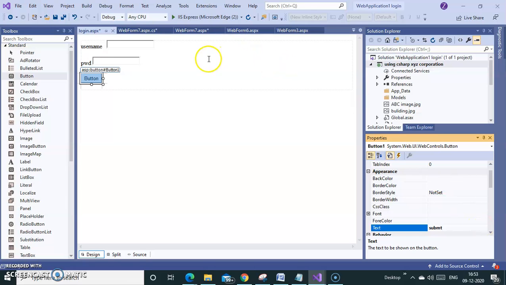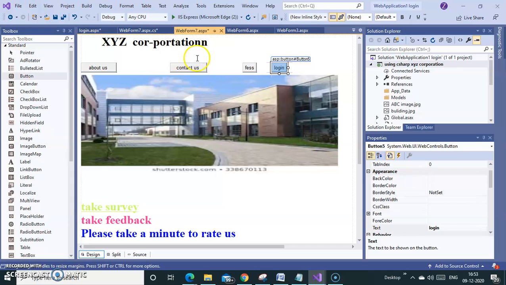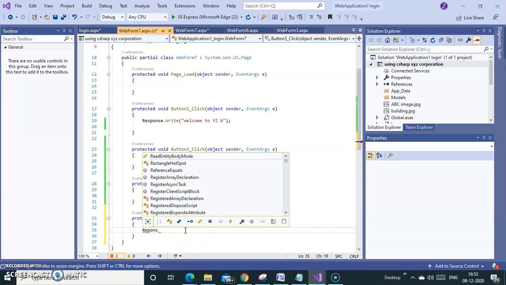Okay, so go to your original form. What was your original form? Yes, this was my original form. When I click this button, it should go to the login page. So how will it go? Just by one line of code, response.redirect. Redirect to which page? Login page. So response.redirect